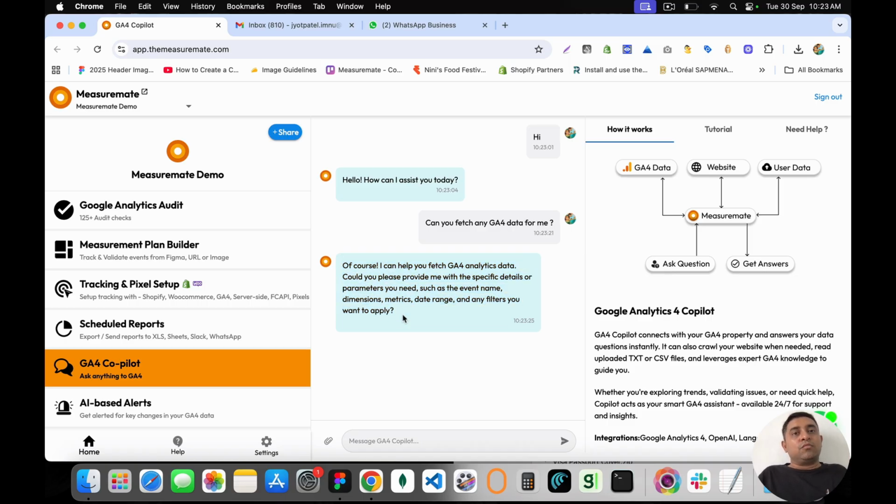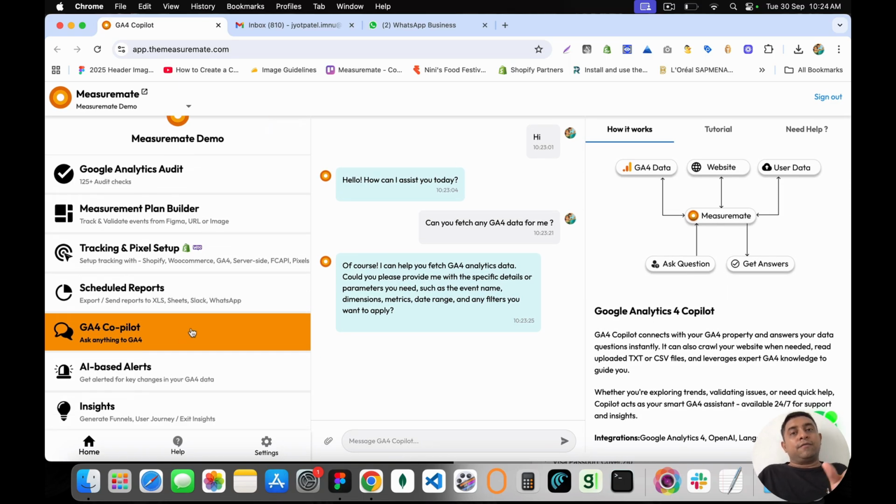So that's more like magic, that you just have to ask for your data and it will get you the data that you want within this interface itself, right? More developments are coming. We are refining this bot right now. There have been smaller issues, but yeah, overall I think we will make it ready within like a week or so. But this is the Copilot feature again for reporting, where